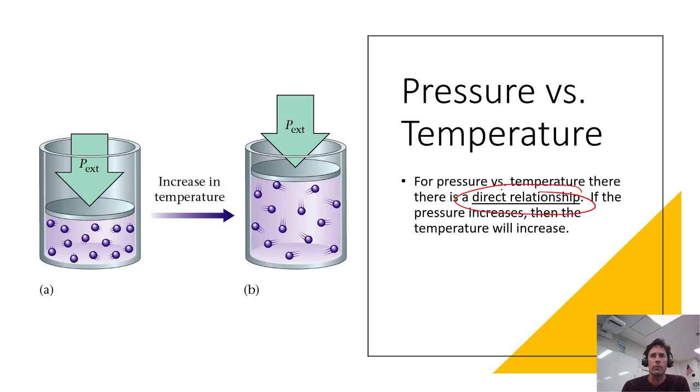Give you an example. Has anyone here ever used those air cans that you can clean computer components with? As you continue to use it, the gas comes out, the pressure is reducing, and the temperature of the can gets very, very cold. That, ladies and gentlemen, is a great example of pressure and temperature.